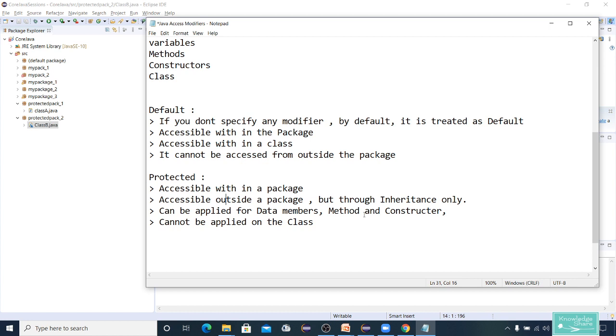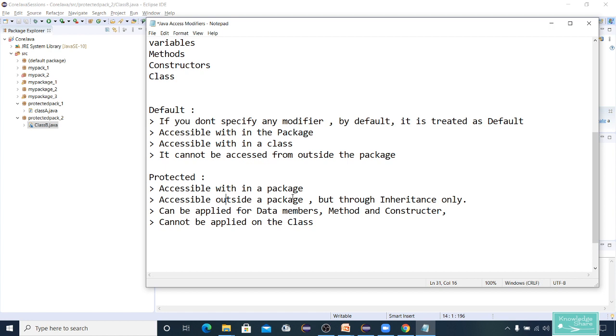That is the first point. Second point, if you want to access methods or data members of a class outside a package, you have to extend the class, and using the inheritance concept only you are able to access that. So that is the main thing you have to remember in this session, and it will also help you from an interview point of view.